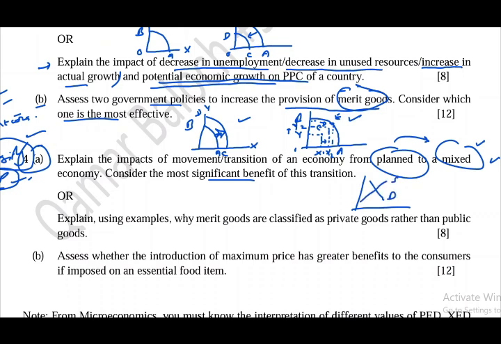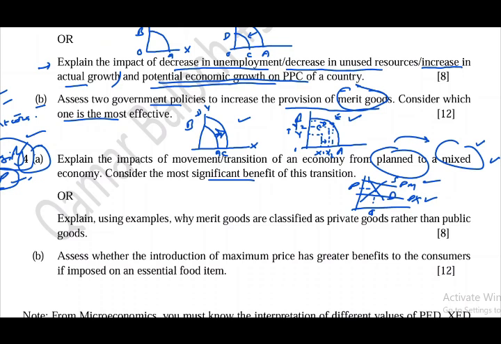So this is a demand and supply diagram, where the market price is P and the quantity is Q. A minimum price is set above the equilibrium like this, PM, the minimum price. It causes a surplus in the market. Then P max, the maximum price, will lead to a shortage in the market. So the maximum price is set by the government to support consumers, and the minimum price is set by the government to support producers in the economy, and it happens mainly in the case of agricultural goods.